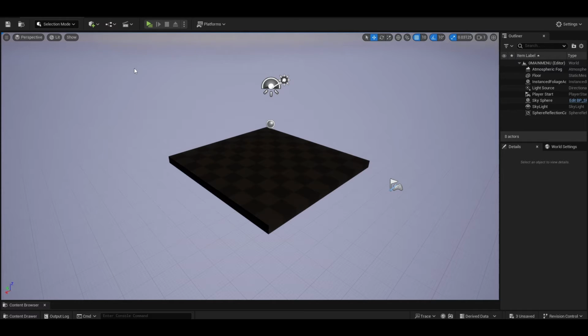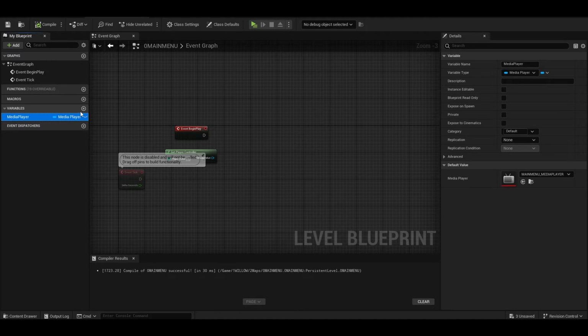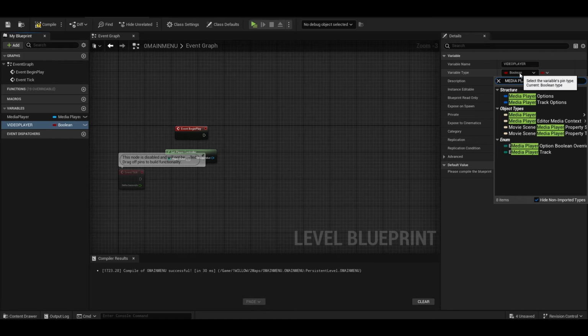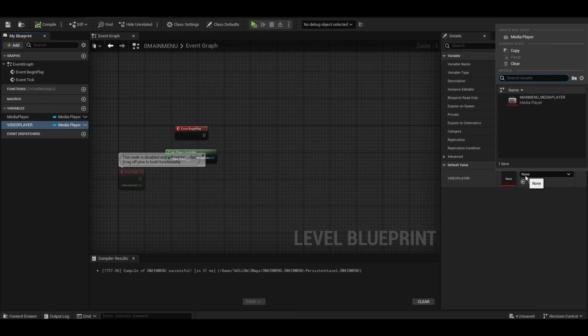You go open level blueprint, and then what you're going to want to do is create a variable. I'm just going to call it video player, and you're going to want to change the variable type into media player. And under media player, you're going to want to select object reference, and then you're going to want to compile. And then under media player, there's going to be a default value, and you're going to want to select